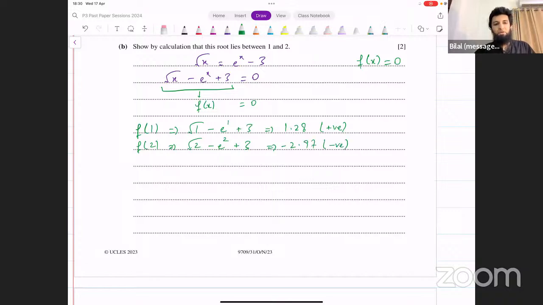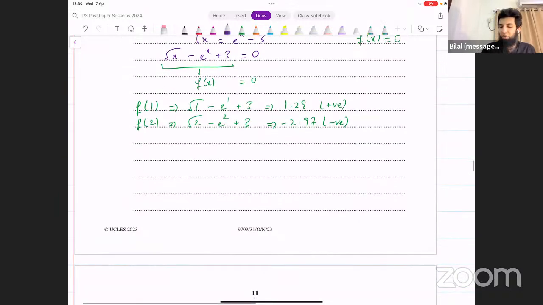One of them is positive, the other is negative. You are going to write down that the sign is changing. That is why a root exists between these two values. Writing that statement down is important. You get 1 mark for calculating these values, and then 1 mark for writing down that since f of 1 and f of 2 have different signs, or you can say since the sign is changing,